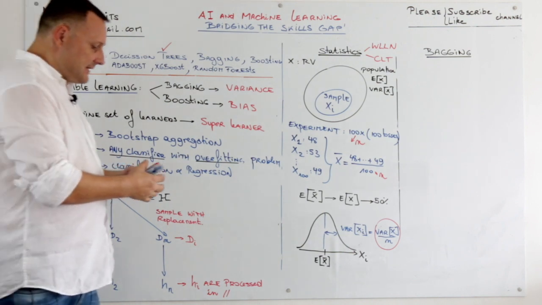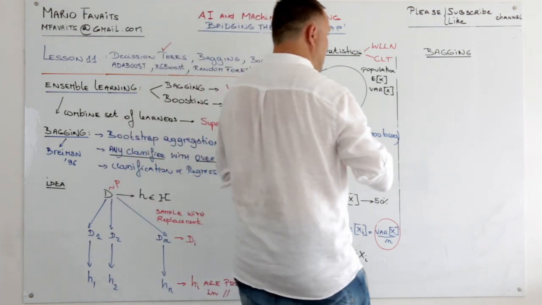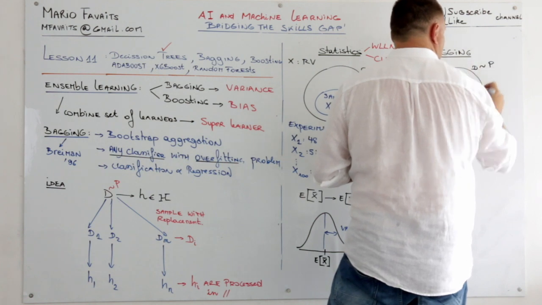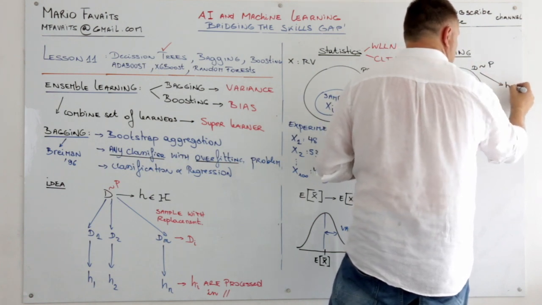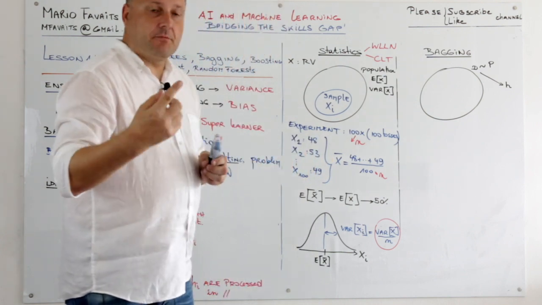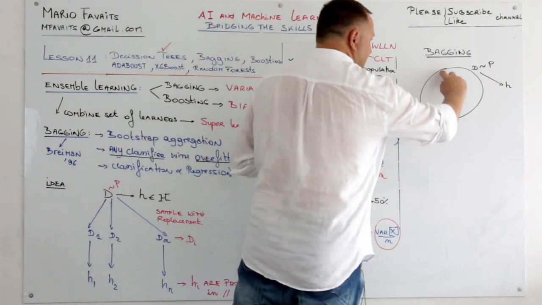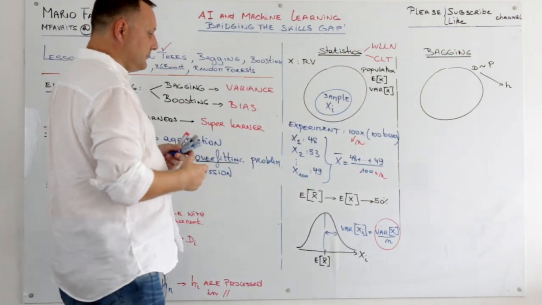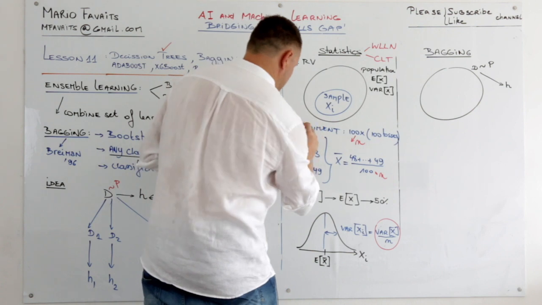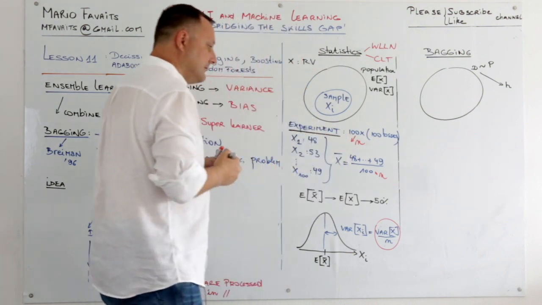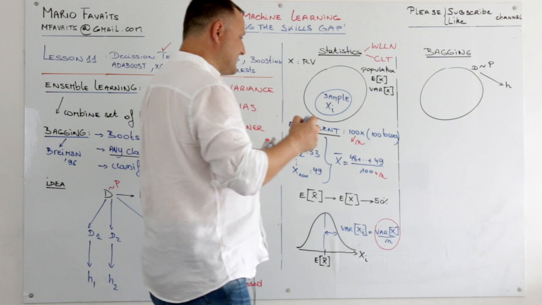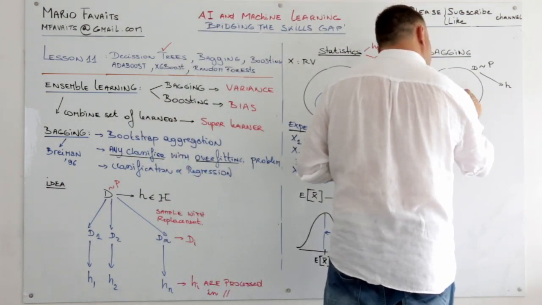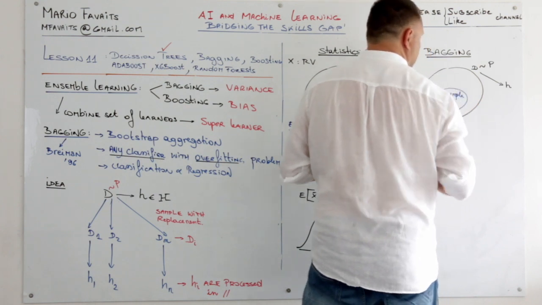And in bagging, you're basically going to do exactly the same thing. So we have a data set D drawn from a distribution P, and that gives rise to a classifier. The problem, however, here is that we only have one data set D. So we need to find an experiment here. So what we're gonna do, we're gonna sample from that data set and create the DIs.